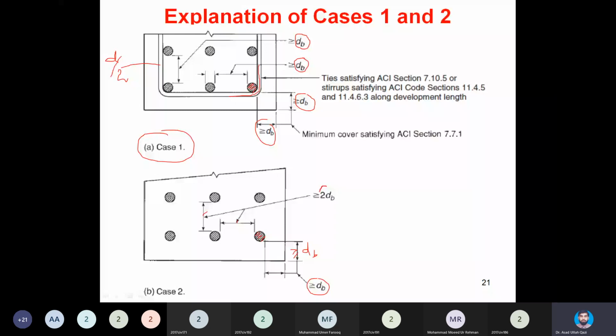should not be less than 2 times the diameter of the bar. So the clear gap between the bars and between the layers is a little more strict, but here they have waived off the requirement of confinement ties. There is no tie present, but yes, the clearance is now a little more strict. Even if this is the situation in the cross section and you are investigating the development length, you are allowed to use row 1.